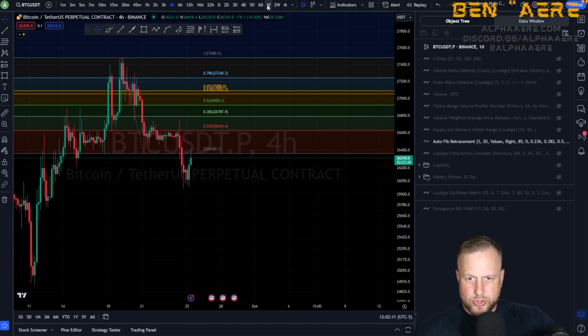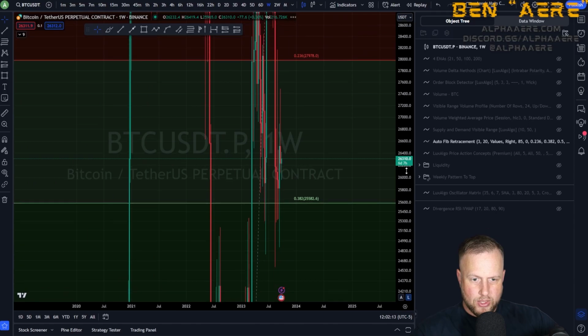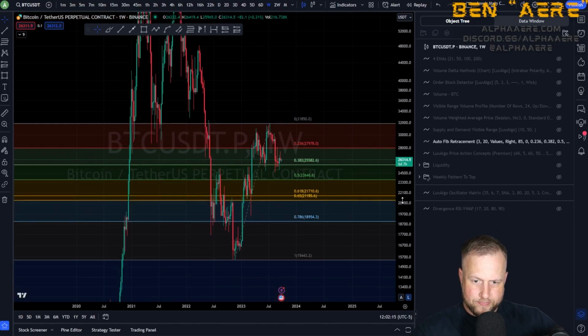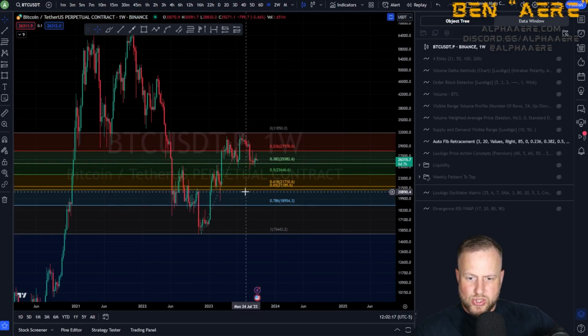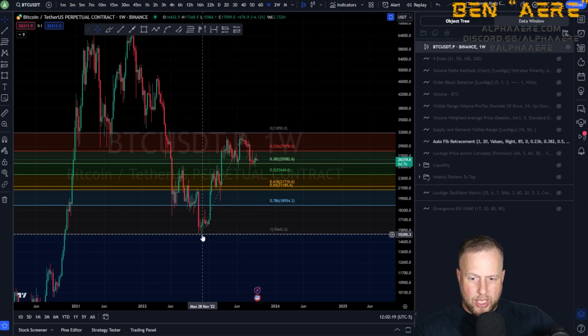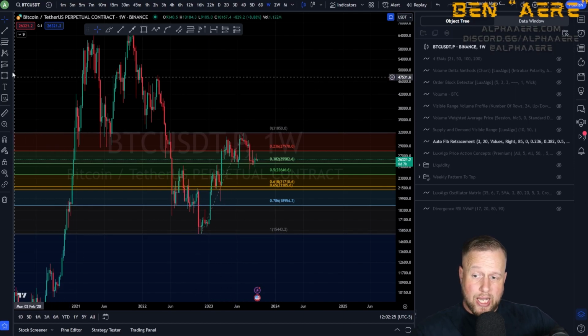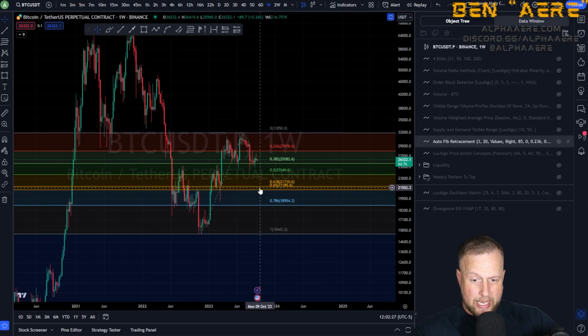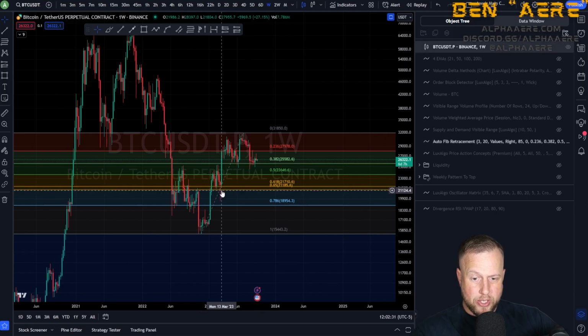So let's go to the weekly time frame. Let's zoom out. So you can see from the bottom of the market, from this FTX crash, to the top of the market, that 31.8 up here. So you drop from the bottom to the top. A logical level of retracement right now, the golden pocket sits right into this range, which is about that $21,000